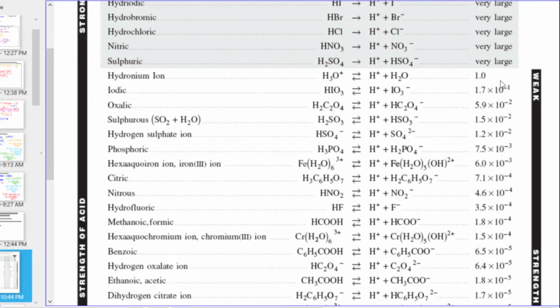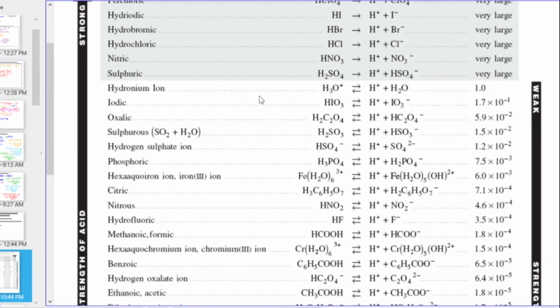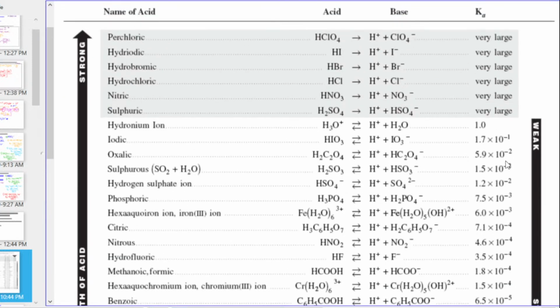is given on the right, and you can see the strongest acids are at the top. Now, if it goes over 100% and there's none of this, then you have products over zero reactants, so you get a Ka that's either undefined or infinity, depending on how you want to interpret that. But if you have any of these other ones, you can use their Kas. You also secretly have the Kbs because they're inverse to this. So the weak bases are on the top and the strong bases are at the bottom. You don't have a list of their values, but you can calculate them from that